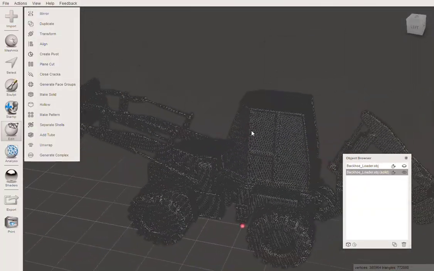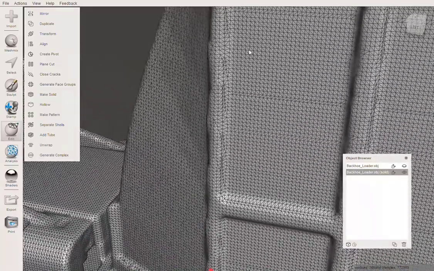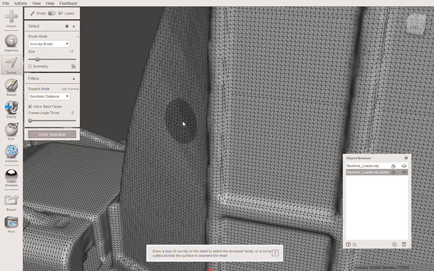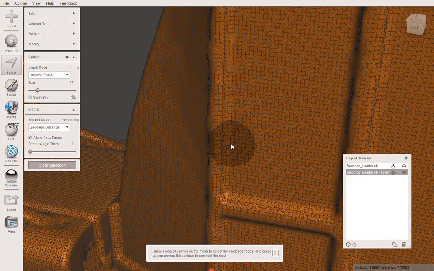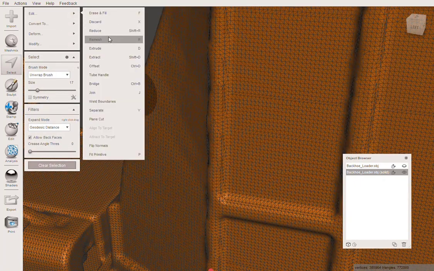So what we're going to do, especially in these areas that are flat, you don't need a lot of triangles to represent something that's flat. This whole pane, if it's this even, you could do that with 2 triangles if you wanted it to stay flat. So we're going to select all, Control or Command A, and then we're going to edit, and we're going to reduce,